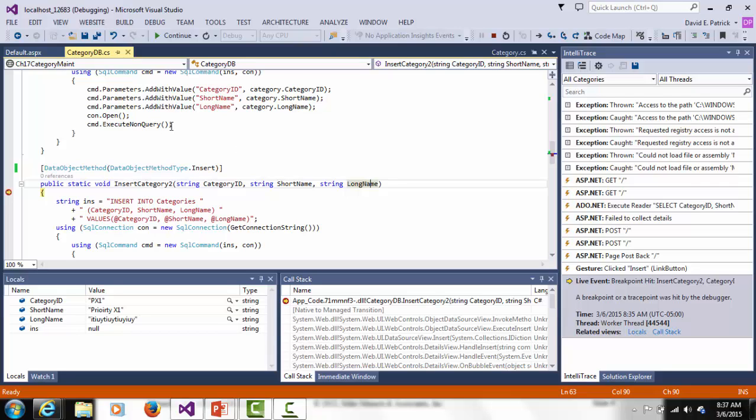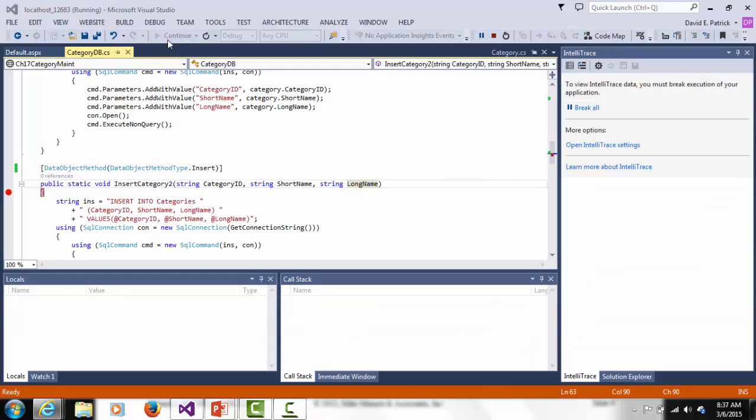So to switch and call a different insert method, I would simply change in my object data source which insert I want to call. So let's do that. Let's go out to my object data source,